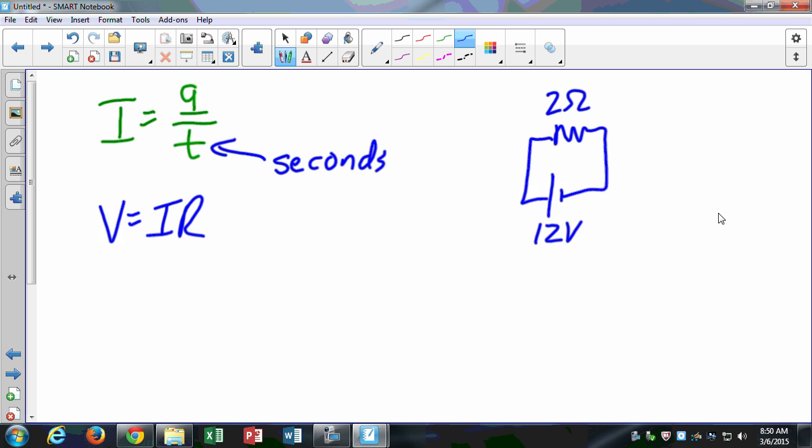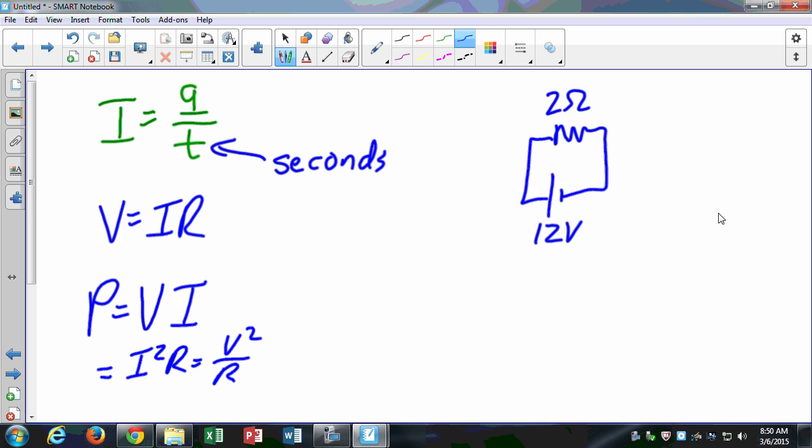Okay, we also have power, and a whole series of questions about power. Remember we had these different expressions for power, I squared R, V squared over R, and asking about when is the power greater for a particular situation. The reason you would use some of these is, like if we're comparing two objects, say 2 resistors that are in series, 2 resistors in series have the same current, but they have a different voltage. Well,